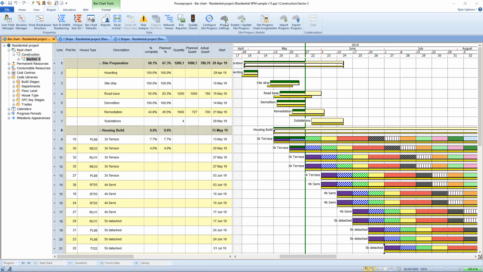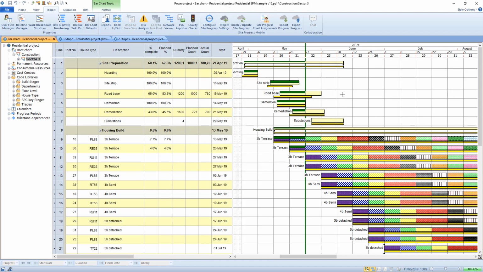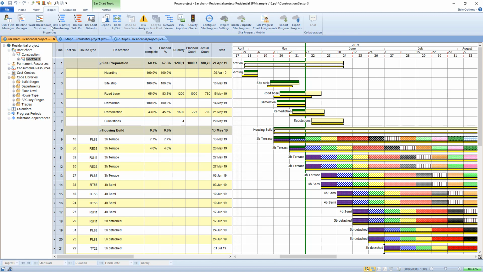enable, on this particular project, publishing of user-defined fields. These are things in the project database that we as a company haven't put in as standard. If you have the project saved, you can go to the user field manager and make your own user field. I've made one called inspector initials and inspection dates, for example, and